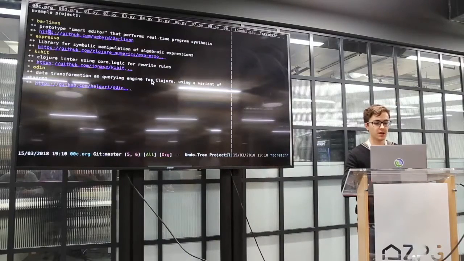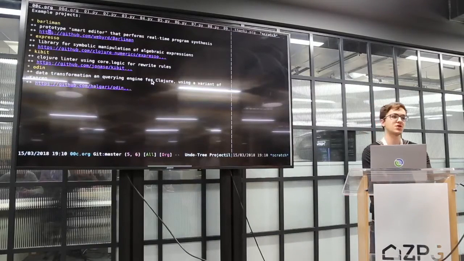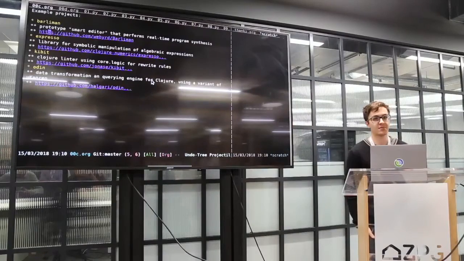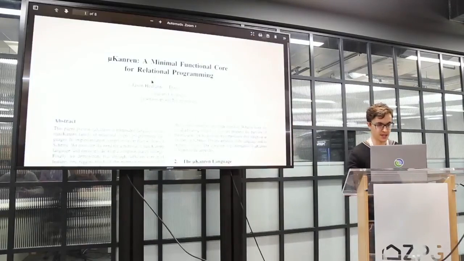We have Barliman, which is a research editor that the author of miniKanren is working on. The interesting part of Barliman is that it's not only an editor, but it uses an implementation of the Scheme language implemented in miniKanren itself to perform program synthesis as you're typing. So the idea is